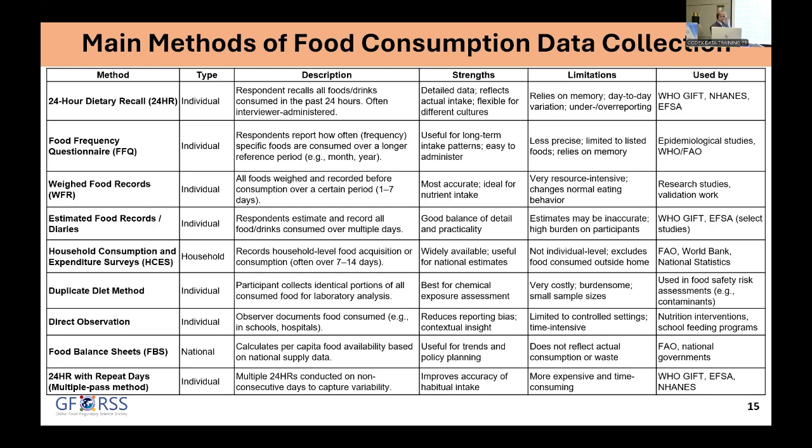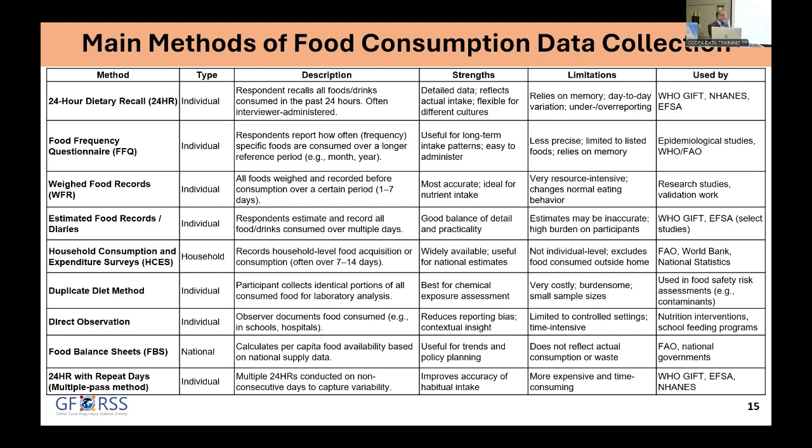But as you can see, it's very costly. It needs a lot of cooperation. People need to prepare the same food in two samples, to consume one and to send the other one to the lab. Also, as we said, the food balance sheets are more at a national level, where we calculate